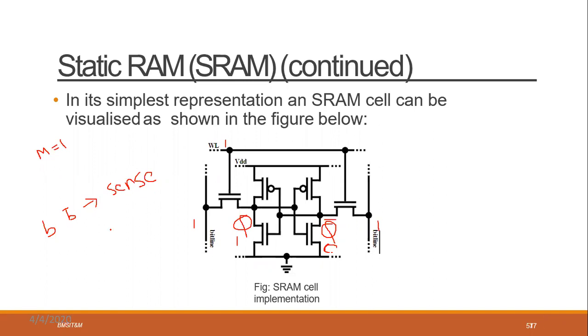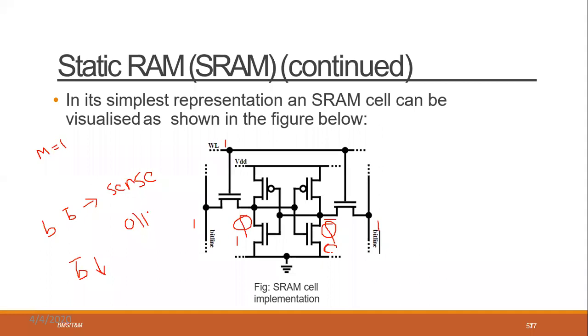There it will look at the values of bit line and bit line bar. If the bit line bar voltage is going down,